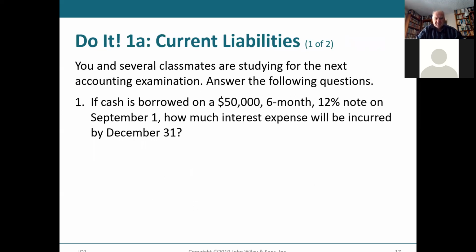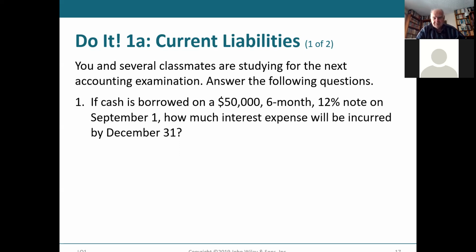You and several classmates are studying for the next accounting exam. Answer the following questions. If cash is borrowed on a $50,000 6-month 12% note, how much interest expense will be incurred by 12/31? Well, we just said that 12% represents a year. So 12% of $50,000 is $600, I believe. $600 or